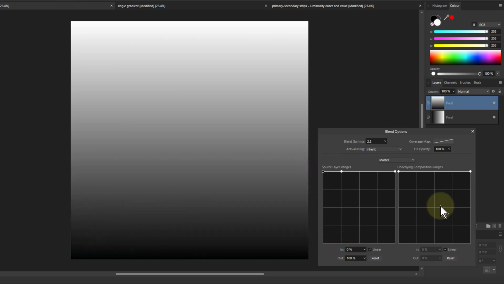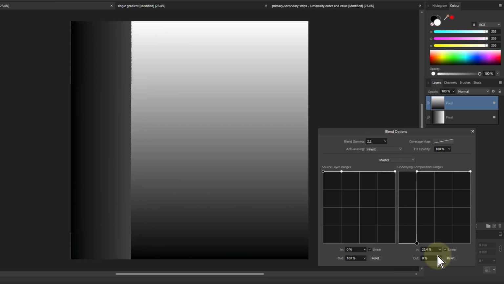Now let's just look at the other one. This is slightly more confusing, but it's actually quite simple. I'm going to put again a point there just to hold that there. So when I bring this down here, I now find that it's at the left here. And this is because this is now using the lightness of the bottom layer as the control. And so the bottom 25% of the lightness, from very dark to 25% towards fully light, I've made transparent, but the transparency is applied to the top layer. So the bottom layer is the control, and it makes the top layer transparent so you can see through to the bottom layer. I can even put them both on,